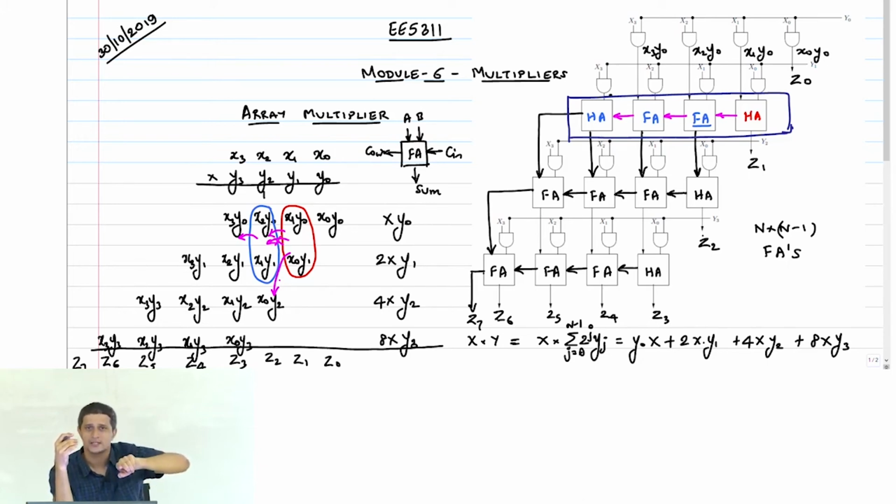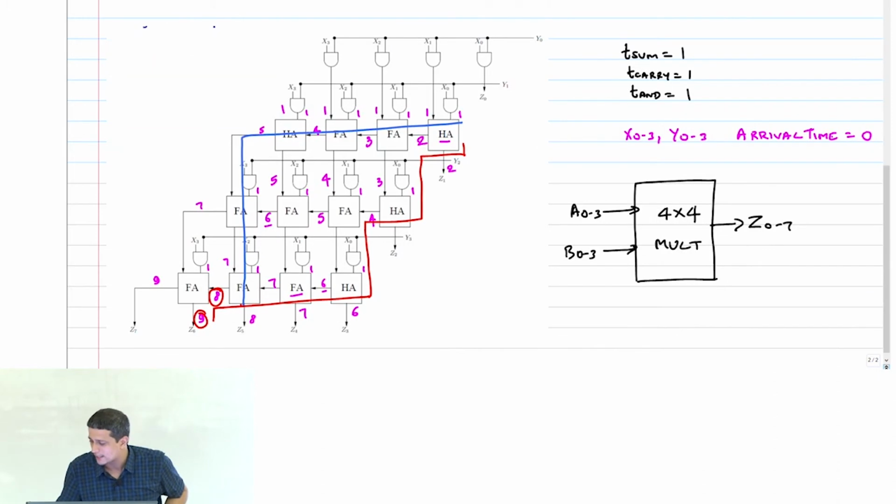The advantage is, while x2, y0, x1, y1 has generated a sum, that previous carry would have also got generated. And the hope is these signals will arrive together. Right? So in some sense, instead of adding the carry immediately, you are saving the carry and adding it later. Right? Therefore, the next architecture of multiplier, we are going to basically call a